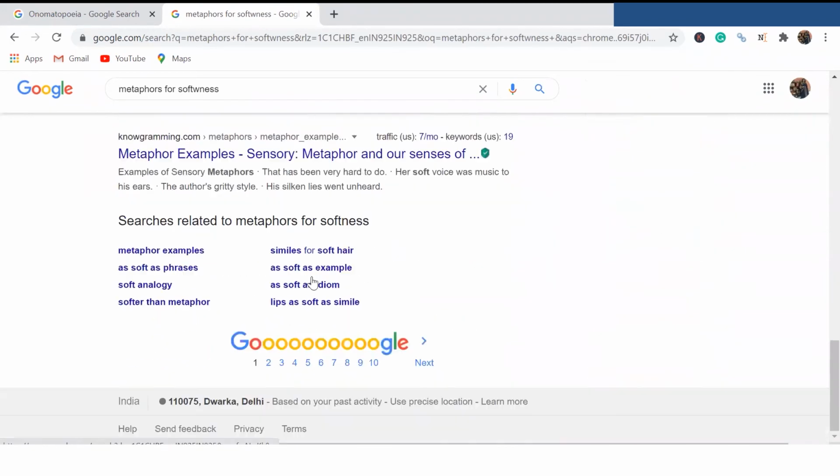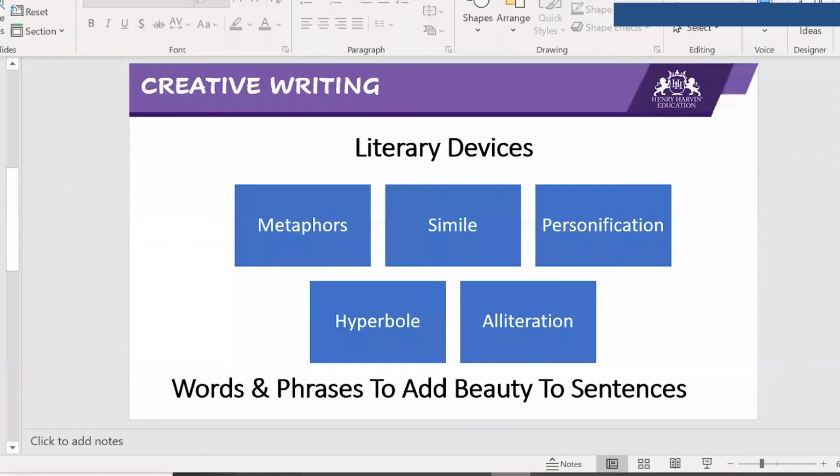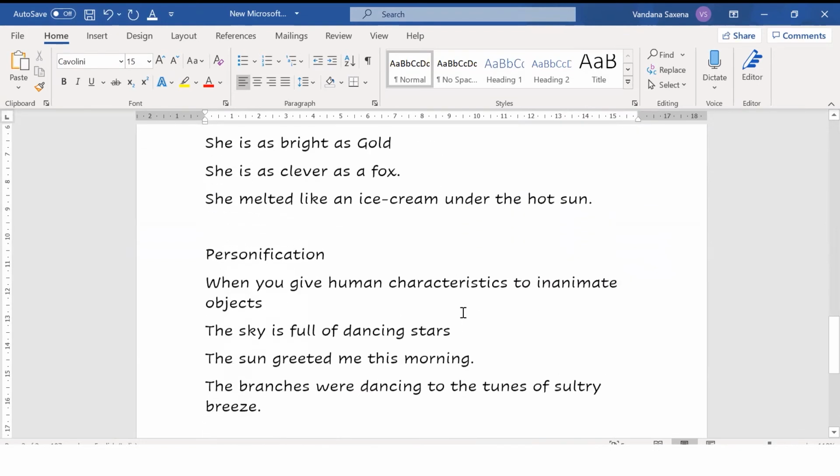All of this is available on Google. Very metaphor example, sensory. See, everything is available here. You can find words very easily on Google. So don't worry. One more thing that I would recommend you to do is subscribe to the blog of Your Dictionary and literarydevices.net. These are the blogs. So you can subscribe to their blog, and then you can subscribe to the blog of Grammarly also. I'll tell you the tool as well.